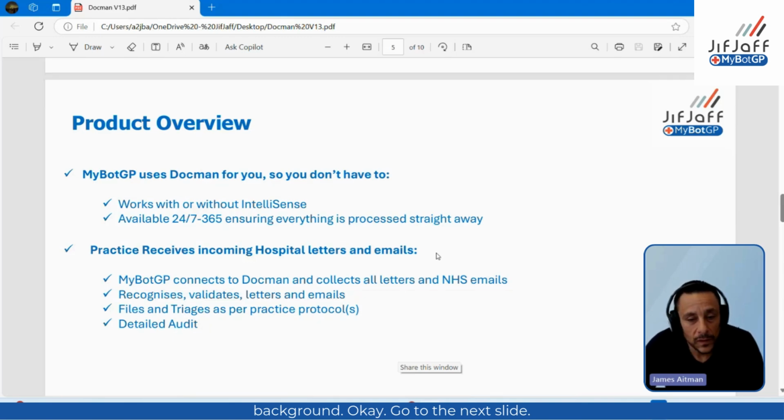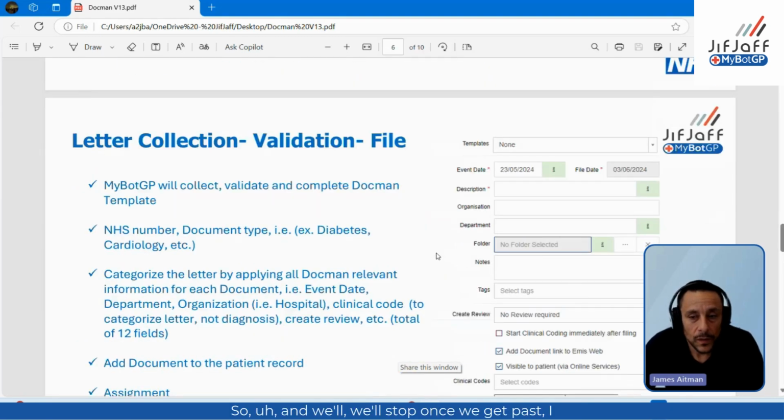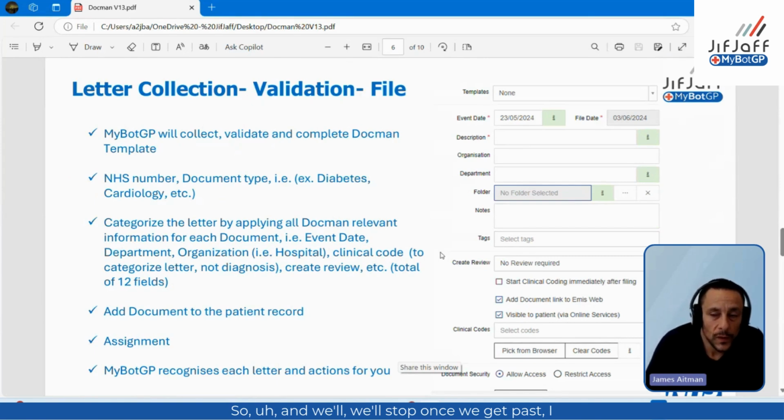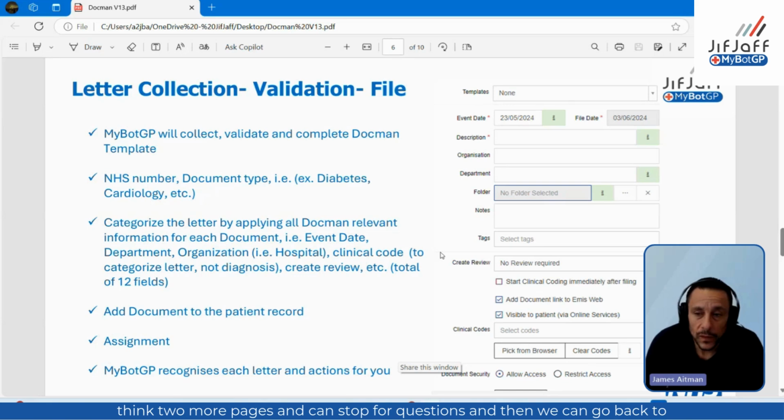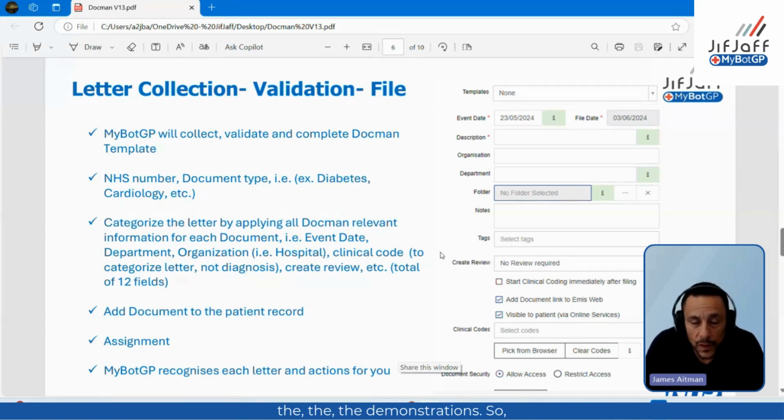Okay, go to the next slide. We'll stop once we get past, I think, two more pages, and we can stop for questions, and then we can go back to the demonstrations. So that's the guilty culprit,